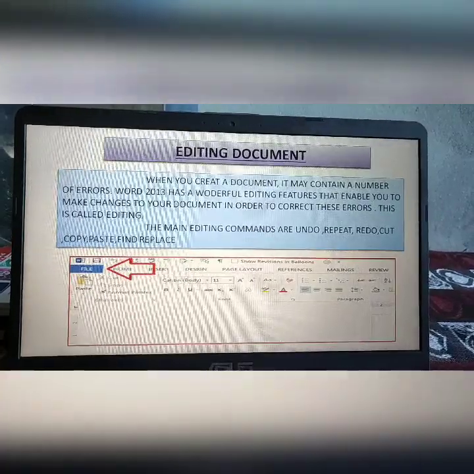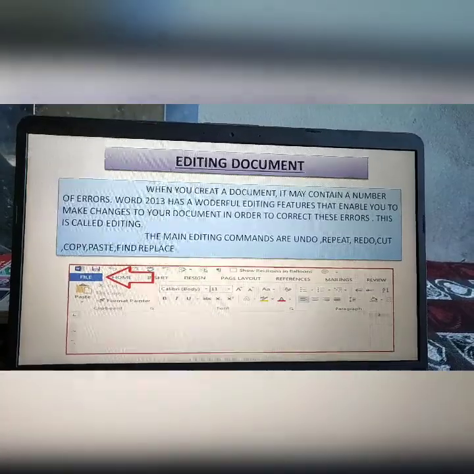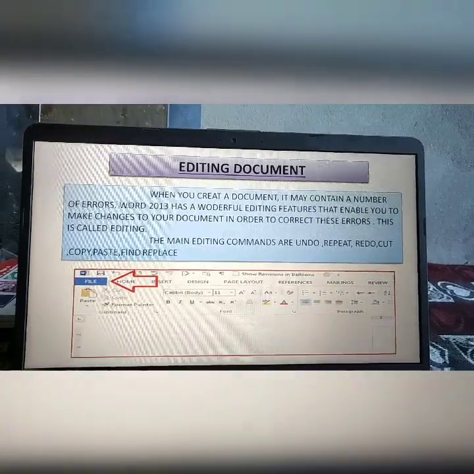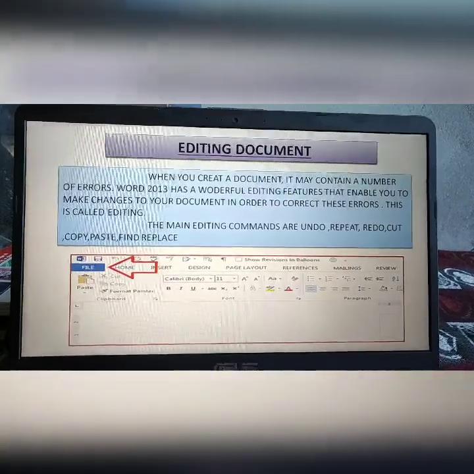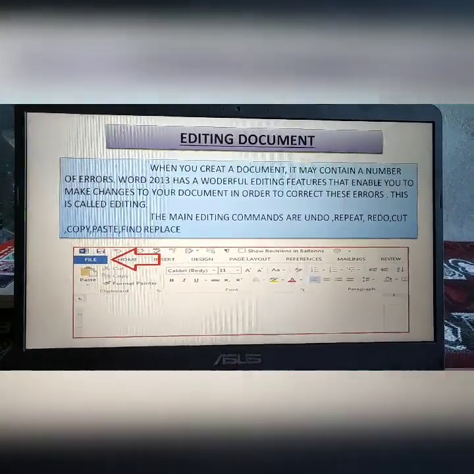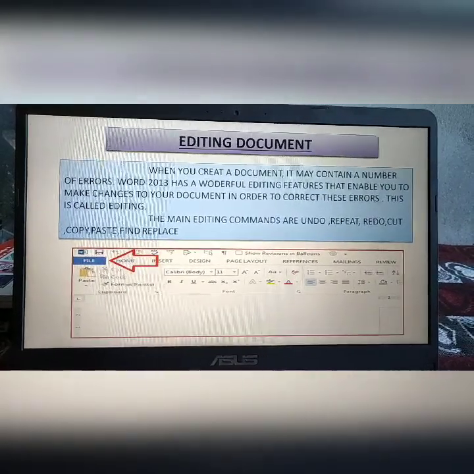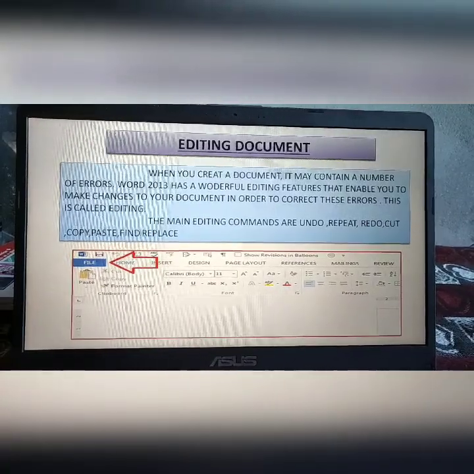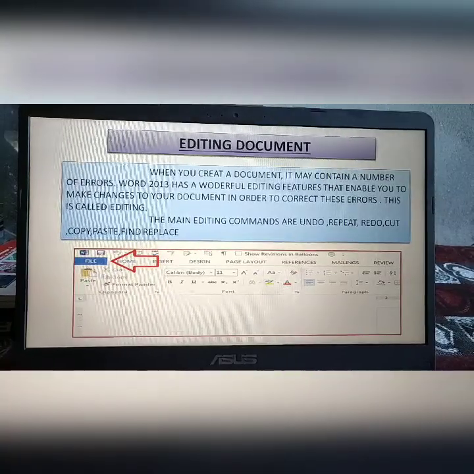Children, actually editing means making changes. When you create a document, it may contain a number of errors. In any document, a number of errors are there. So the process or the procedure that helps us to make changes to our document in order to correct the errors is called editing.